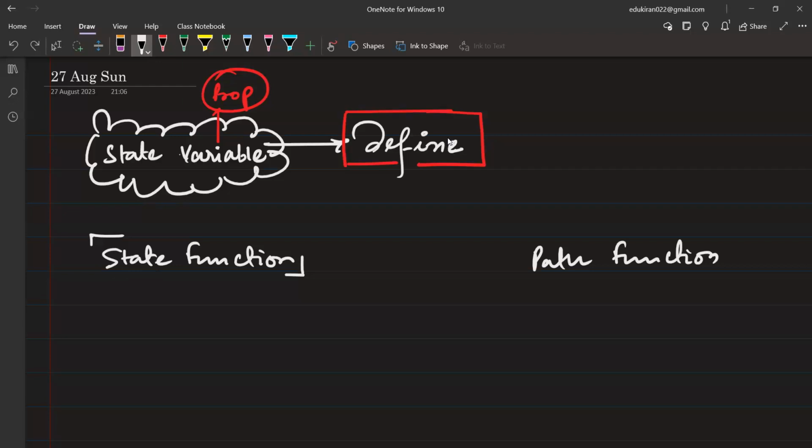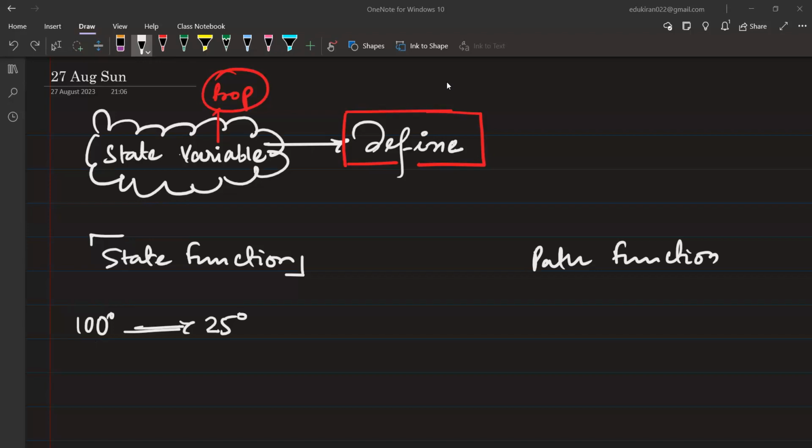For example, if I am cooling something from 100 degrees Celsius to 25 degrees Celsius, it doesn't matter whether I am cooling in a refrigerator or not in a refrigerator, just keeping the food items or whatever I'm trying to cool away from heat, right? We can cool in both cases. The process is not going to matter. Only the temperature initially and finally is going to matter. So these are state functions.